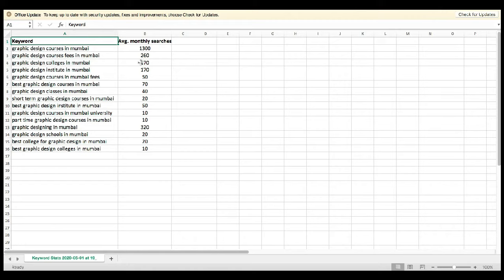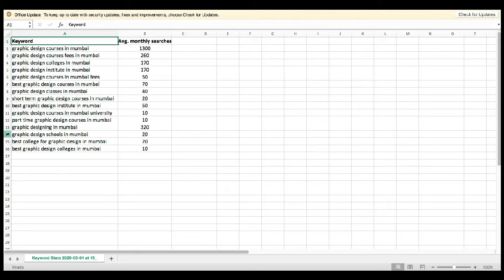Now as a business you would want to rank for keywords which have very high search volume, right? Which many people search for. That is what you would want to rank for. You don't want to rank for keywords which no one searches. So let us shortlist and keep those keywords which have a decent or very high search volume, and remove keywords which have a very low search volume. In our case, anything below 70 we are going to ignore.